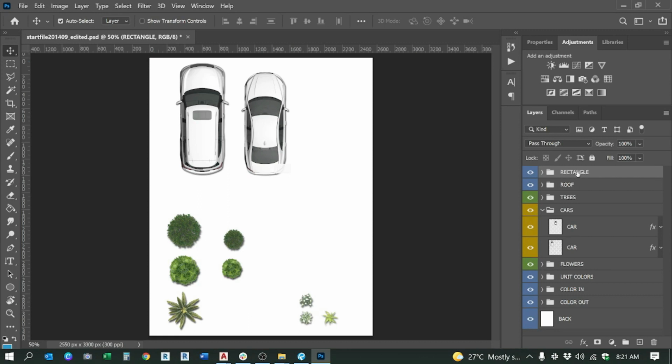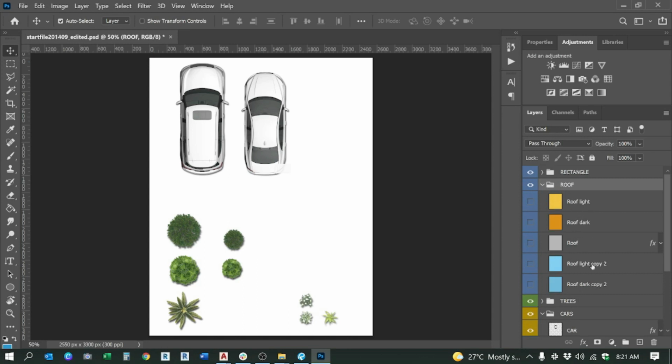So you can see this once we're doing the floor plan or site plan. And then the roof, this is for the site plan. So you can see the layers here. So roof light, okay, as you can see,